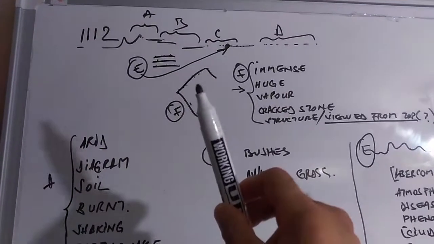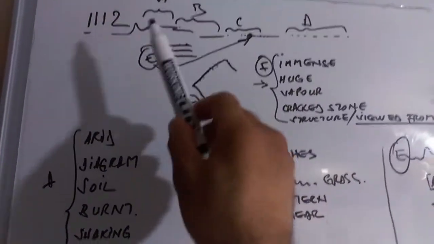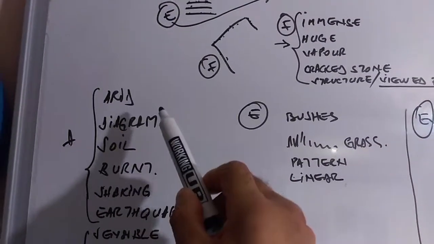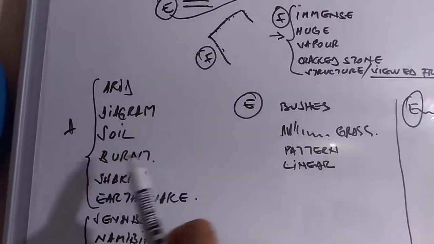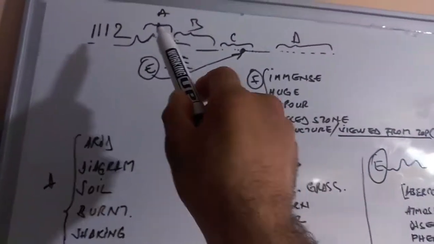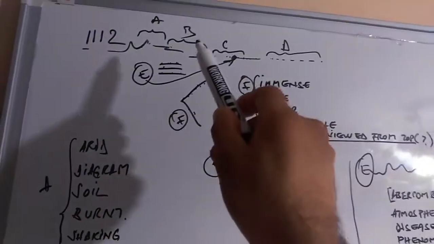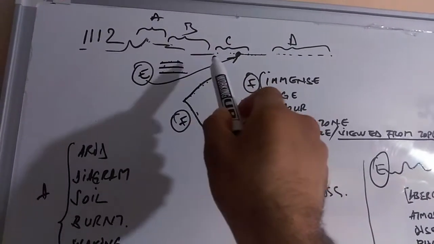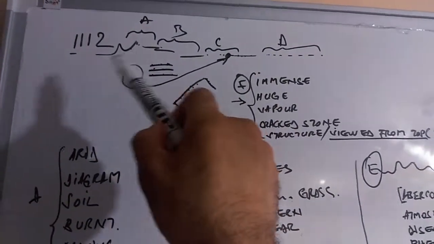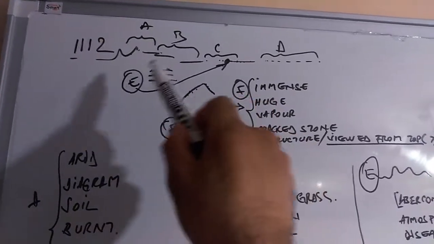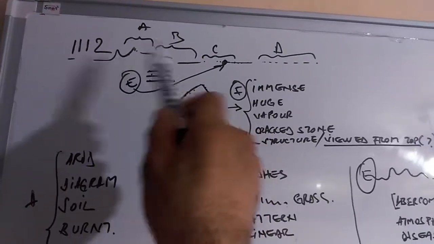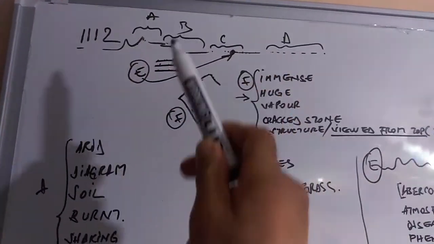And for this region here, I got these words: arid, diagram, soil, burned, shaking, earthquake. So it seems to be something dynamical here which happened. For the B section of this ideogram, which resembles to me a lot like an almost flat terrain with some natural structure here. And for B, I got these words: